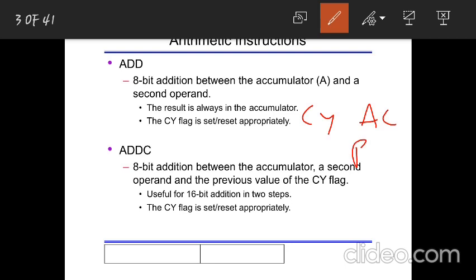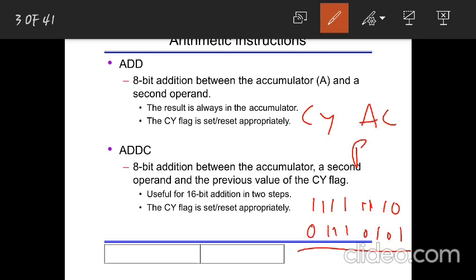So why do the parity bit, auxiliary carry and carry get affected? I just took an example of FE. So let me write FE in binary. FE means this is F, okay, E means this is E. Okay, this is the binary form of FE. Next, in R1 I have taken 75. So 75 means this will be equal to 7, okay, and this will be equal to 5.